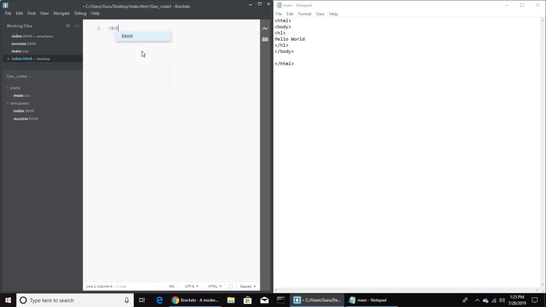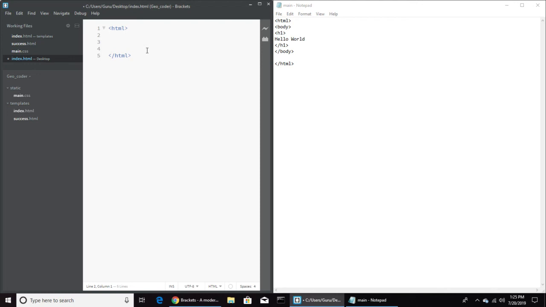So I will type in HTML. Look, it has shown us HTML beforehand. So if I press enter in between of typing, it will complete our sentence itself, and it will provide the ending tag itself.